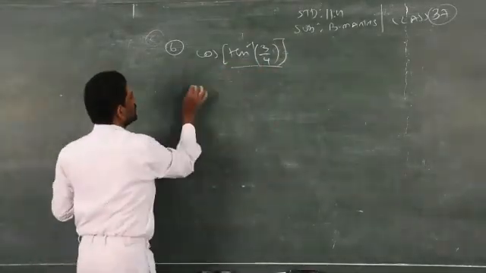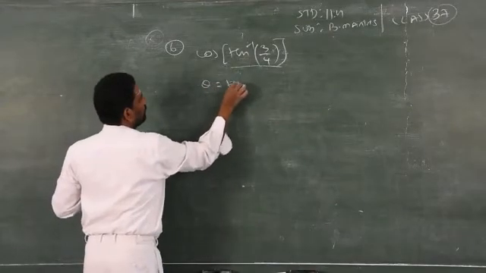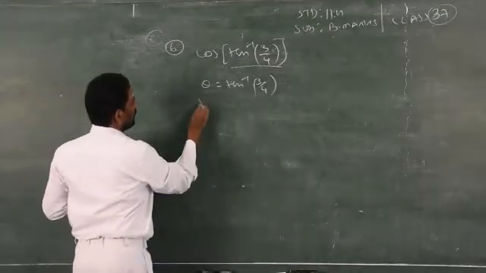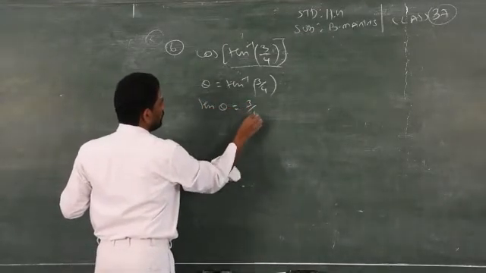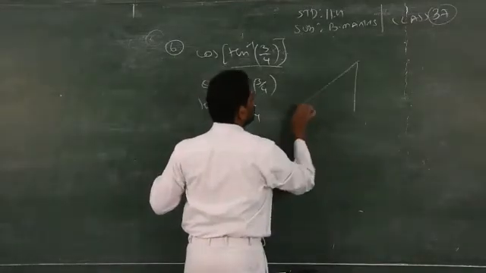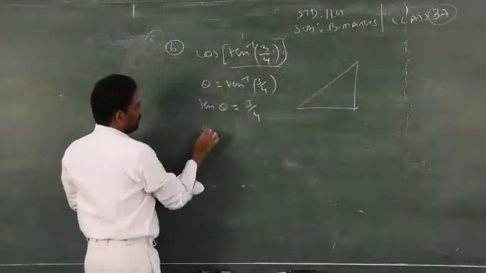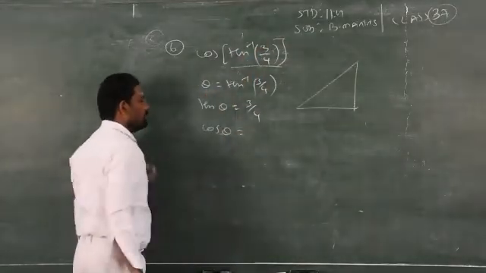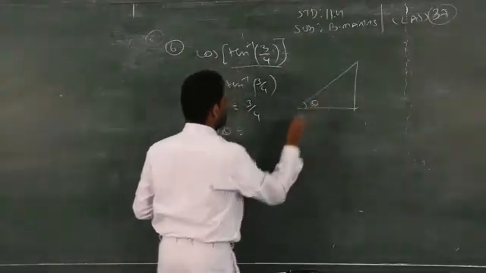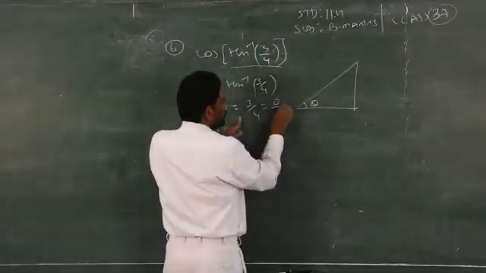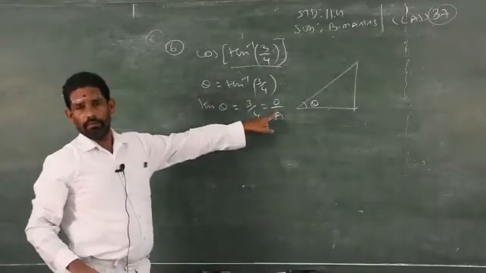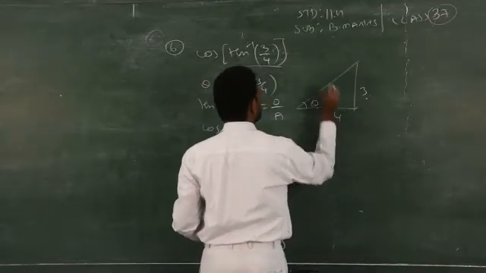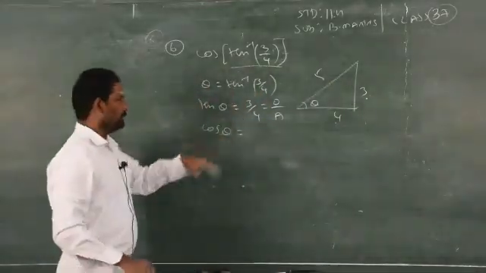How do you find it? Just take that inverse function as theta or a, whatever you wish. Now you transfer as the usual method: tan theta is equal to 3 by 4. So just rewrite this one: cos of this entire thing, which is considered theta. So you have to find cos theta. I know tan theta is opposite by adjacent. What is the opposite side in this diagram? 3. The adjacent is 4. 3, 4 is a Pythagorean triplet, which will give you 5. That you have to memorize.